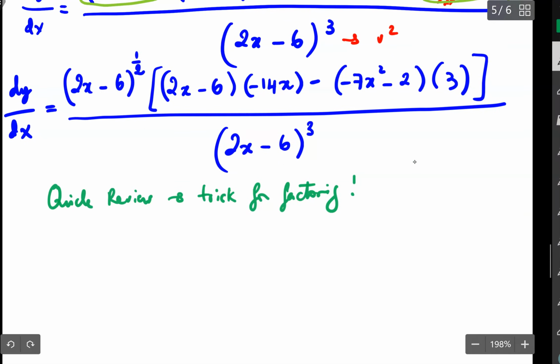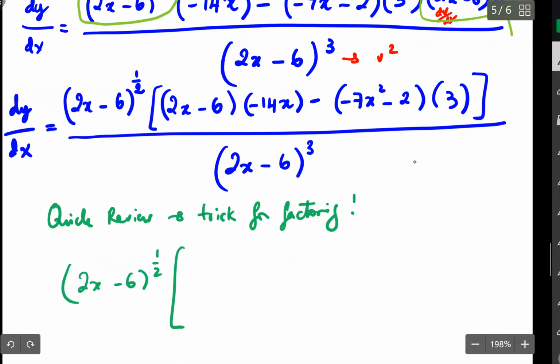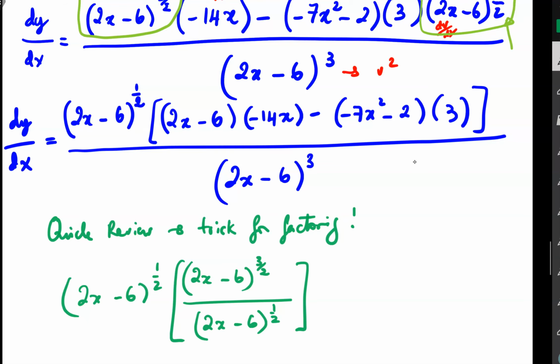When you factor, it means that when you take 2x minus 6 out of this bracket, I discard the rest. I just want to demonstrate how I can get 2x minus 6 to the exponent 1. This one is actually 3 over 2, right? So when you divide it by 2x minus 6, all of it to the exponent a half, remember the behind the scenes of factoring is you have to divide your common factor into the expression that you have. Let me write negative